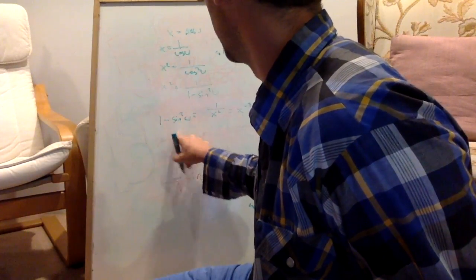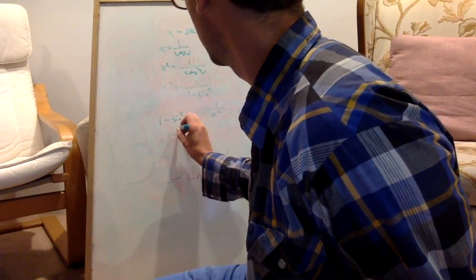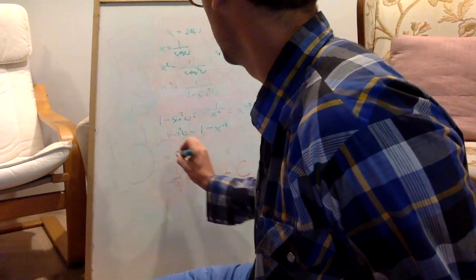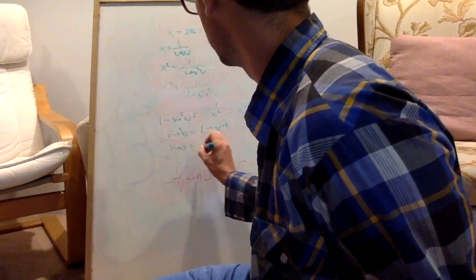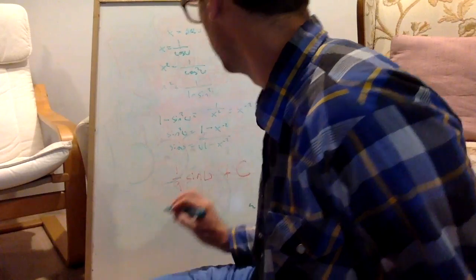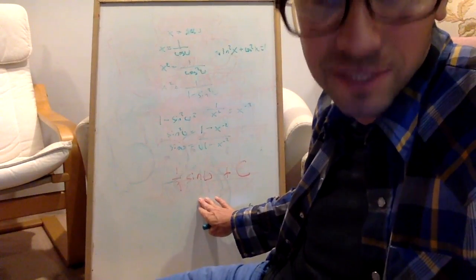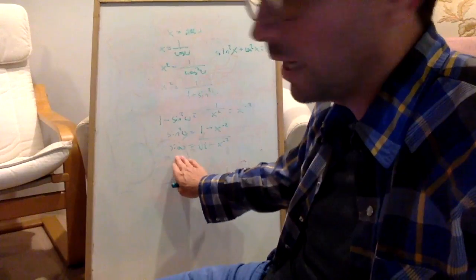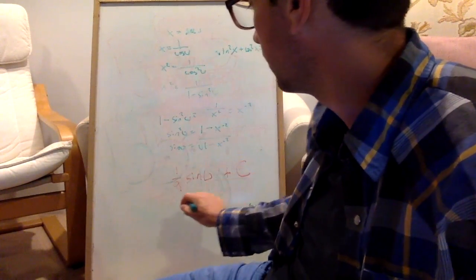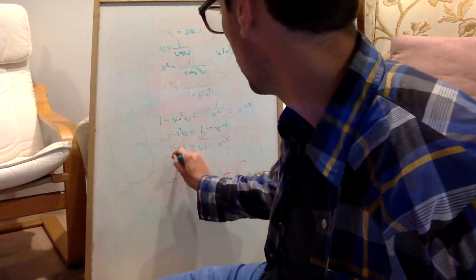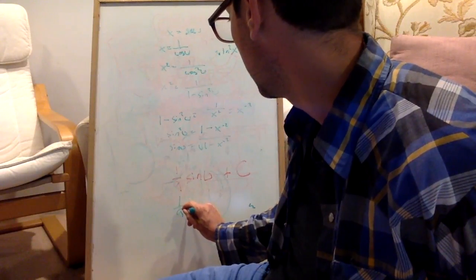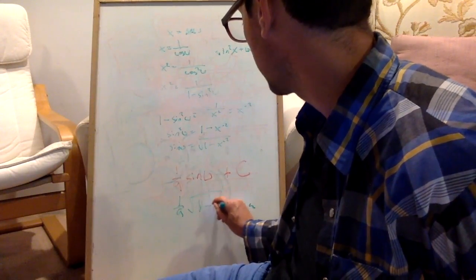So sine squared u is 1 minus x to the negative 2. And so sine u equals root 1 minus x to the negative 2. I look down here, and I have sine u already. So sine u, from this algebra step, I can just plug in there. So the final answer of the integral is 1 over 9 root 1 minus x to the negative 2,